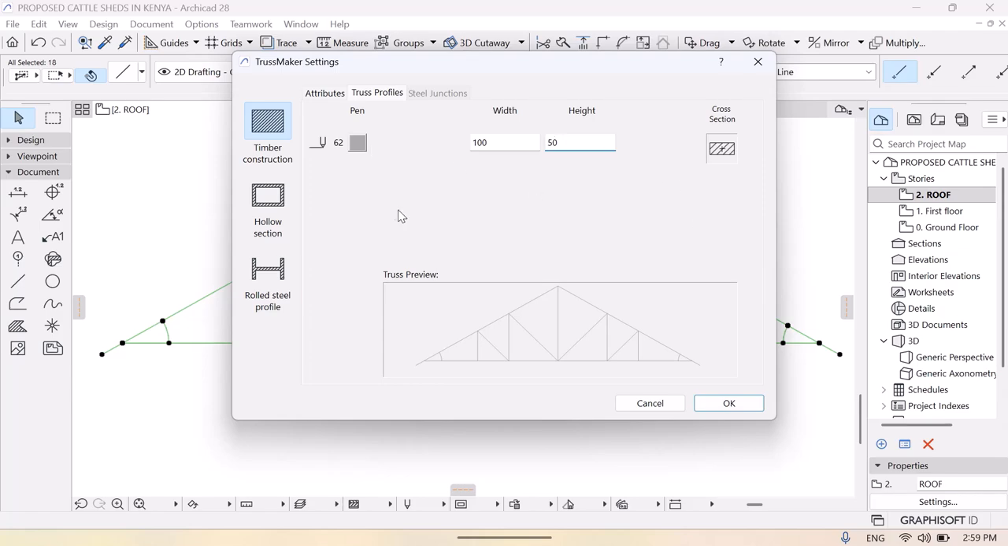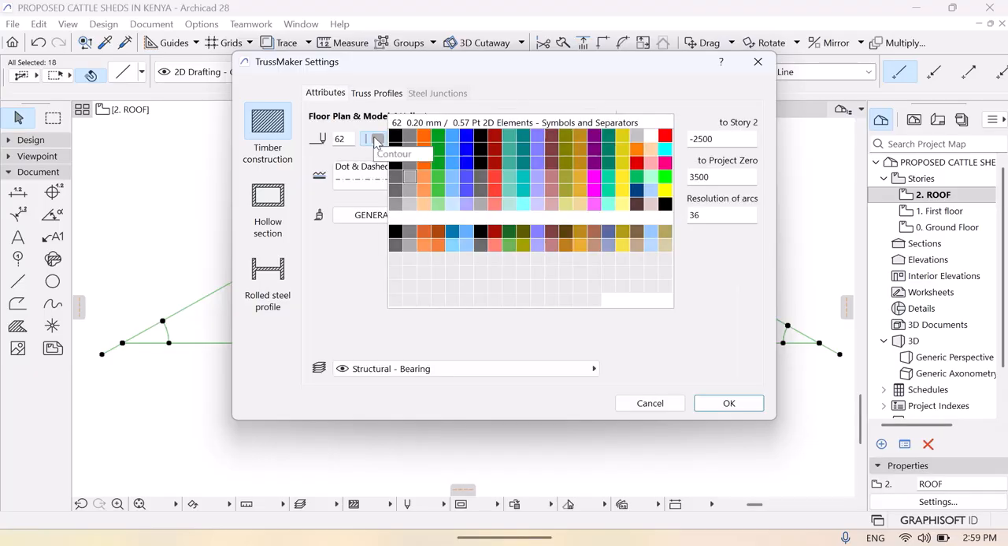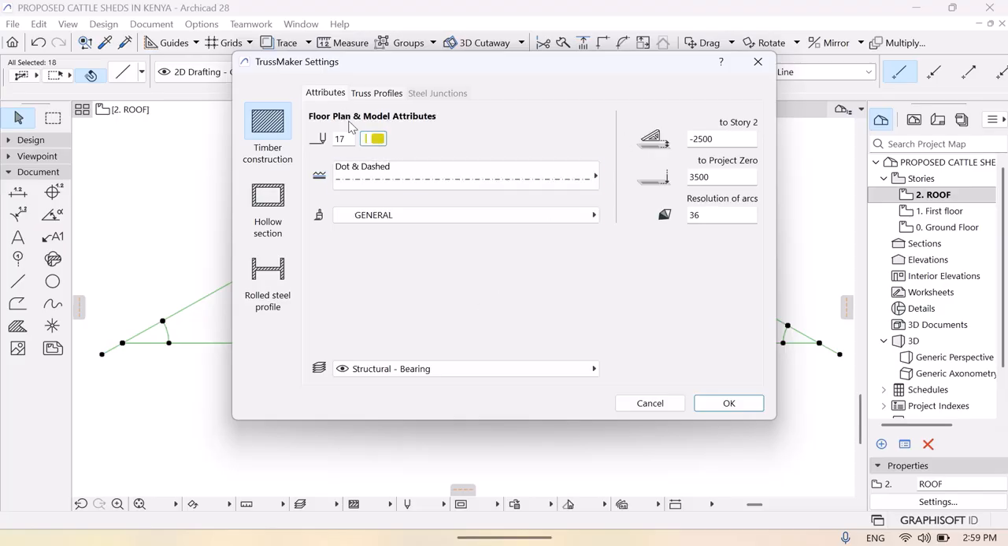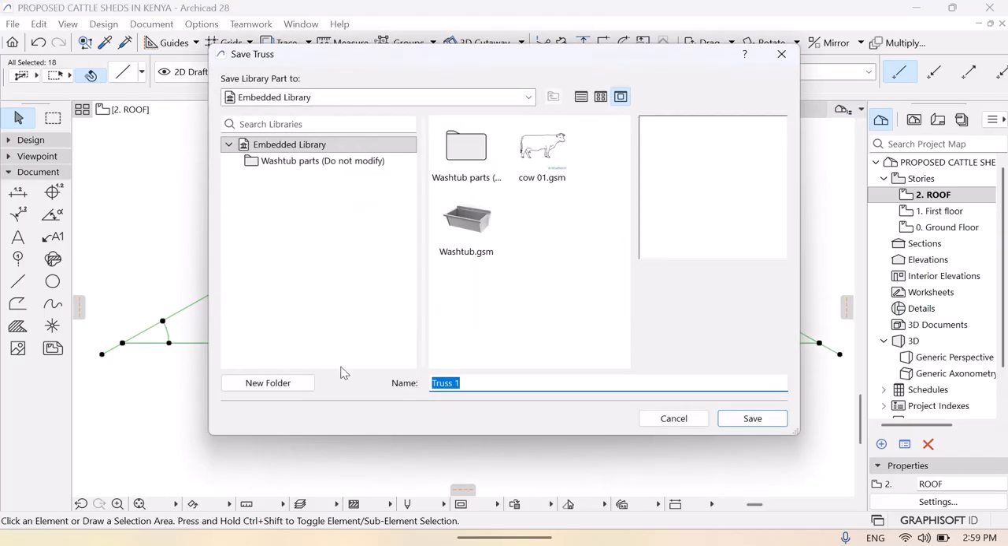And we can have that, and change the color of the truss. Let's work with yellow, or whatever that color is. I'm assuming that is yellow, and select that truss. We are going to name it truss 1. That is okay. Tap on save,